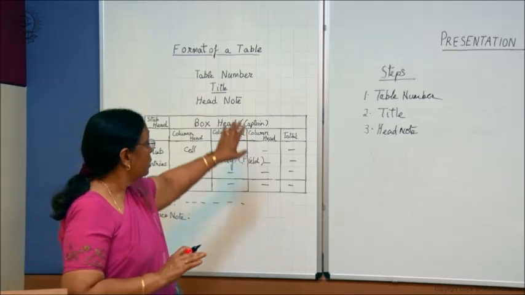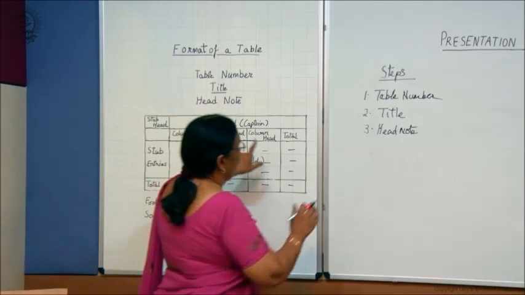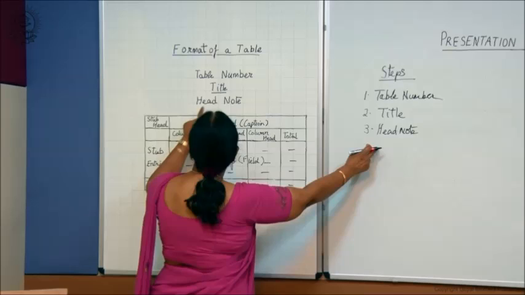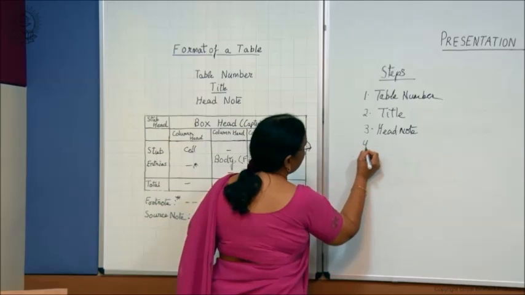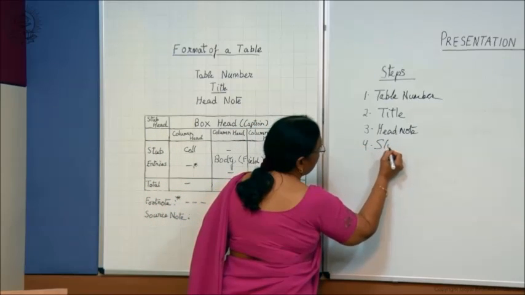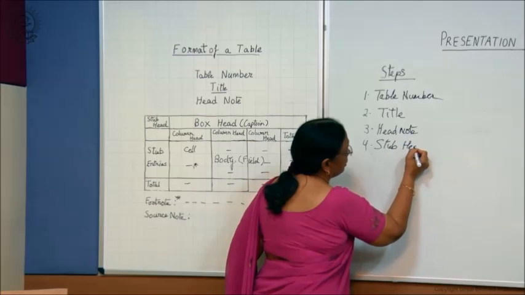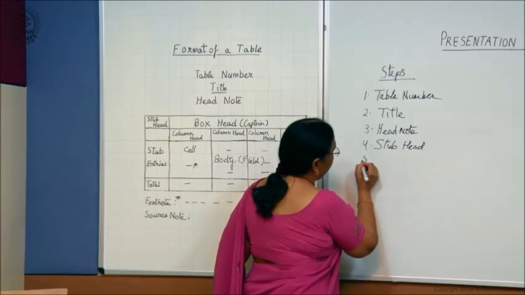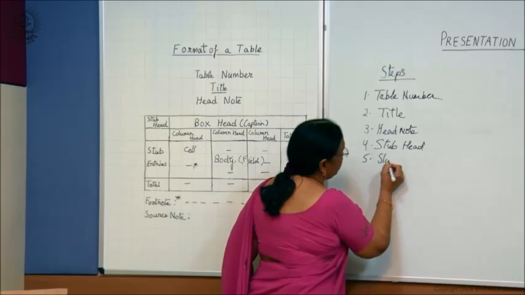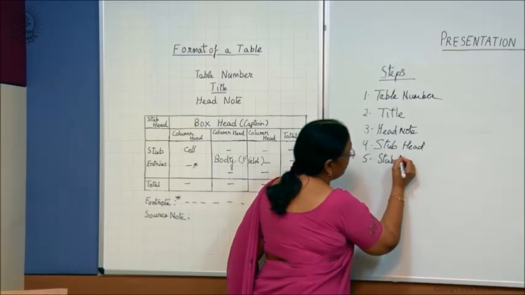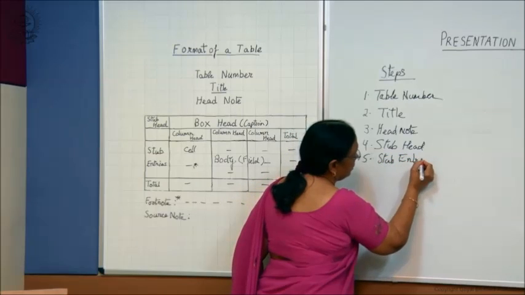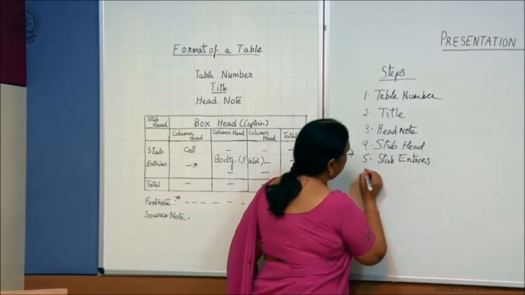So this is the format of a table. So third, we have taken the head note, then the fourth one you can write down here is the stub head, then the fifth is the stub entries, then the sixth